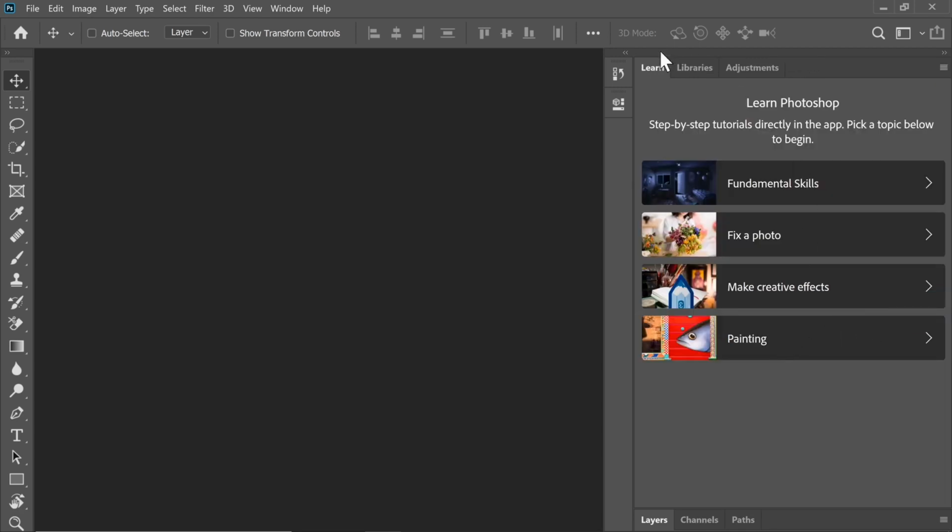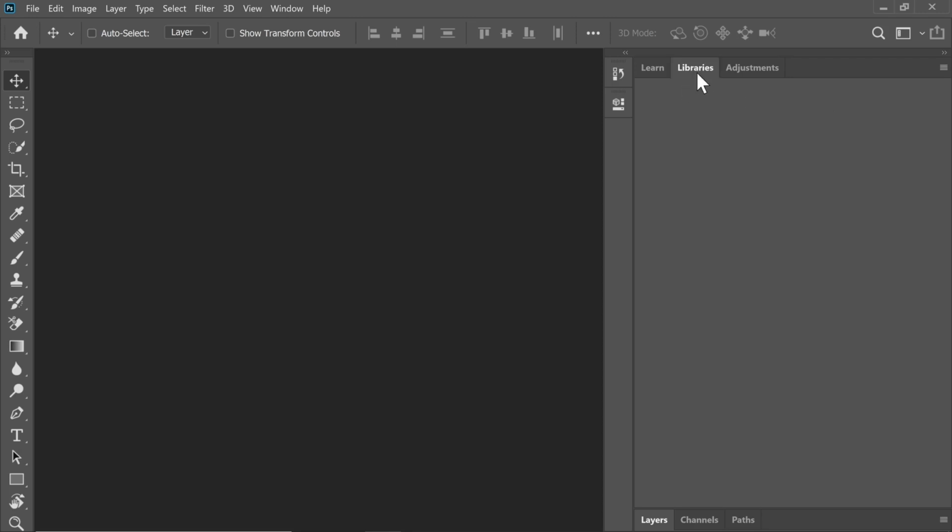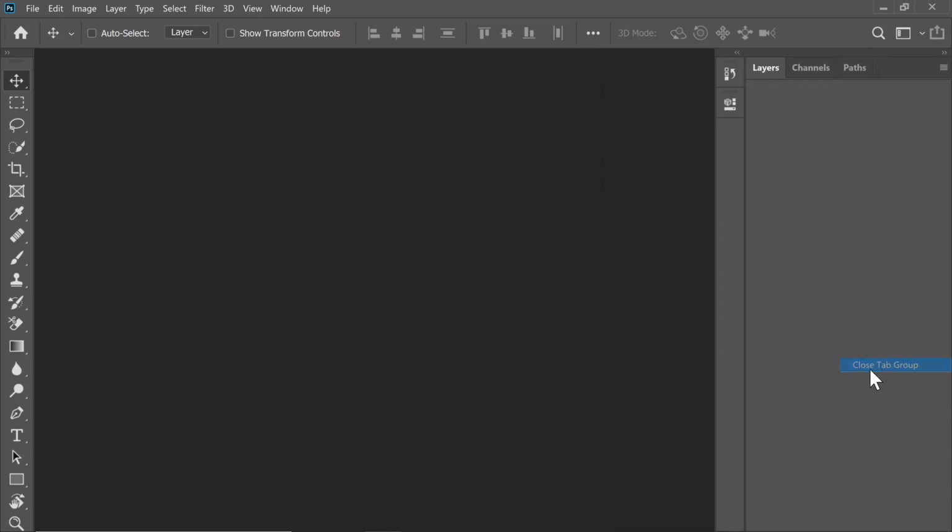Close tab group. And there is a Learn tab where you can learn Photoshop. There are some basic tutorials that you can use. There are libraries, there are adjustments. We don't need all of them as well. So close tab group. Layers is important. Channels is